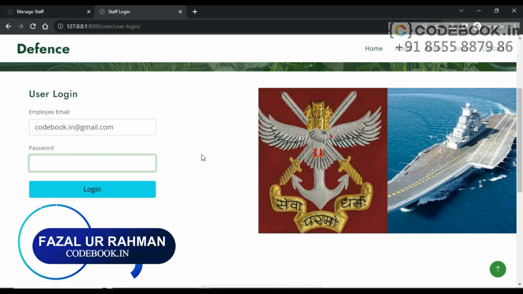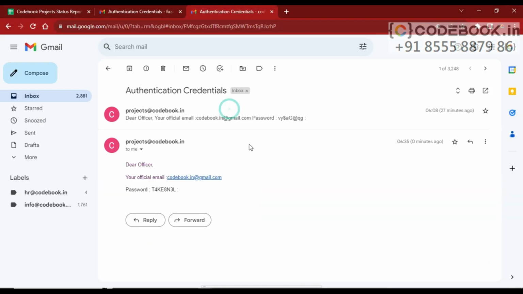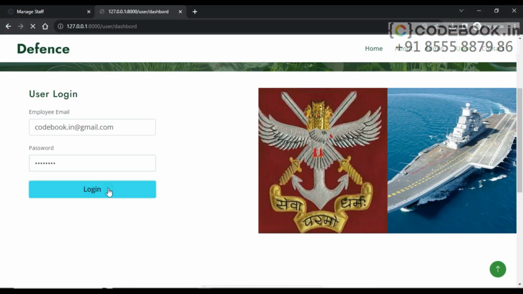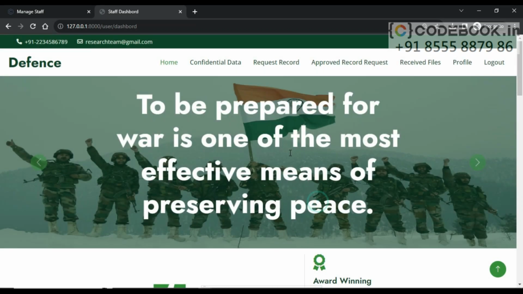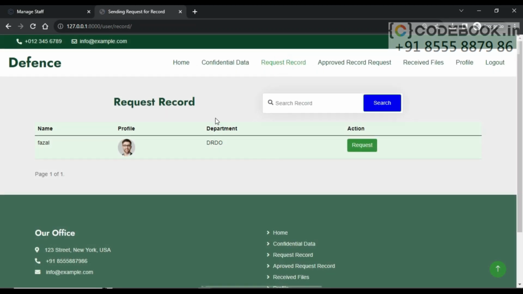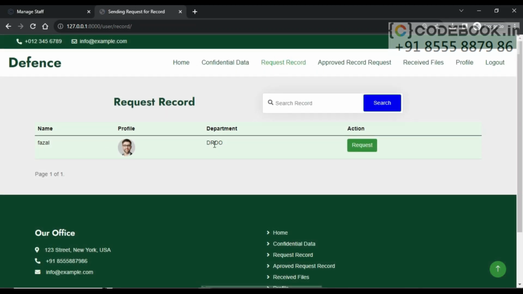Let me copy the password from my mail. You can see I have received the mail here and the password is this. Let me copy. Login. Login is successful. Now under request record option, I will see one file is there from the same